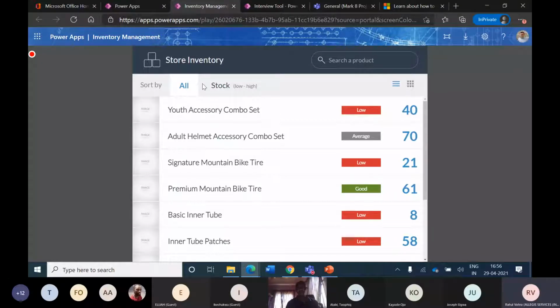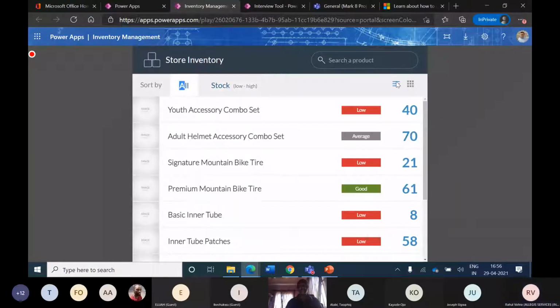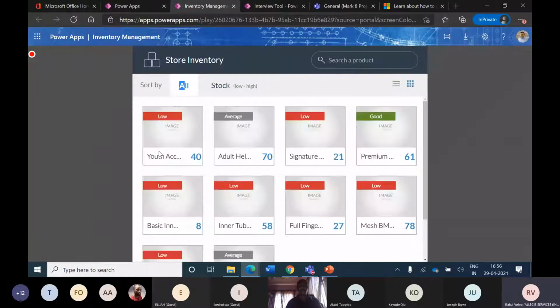But on the home screen, what we are seeing here is a listing of all the store inventory which has been fed into the app, available for whosoever is responsible for this, and available in different kinds of views, sorting, etc.